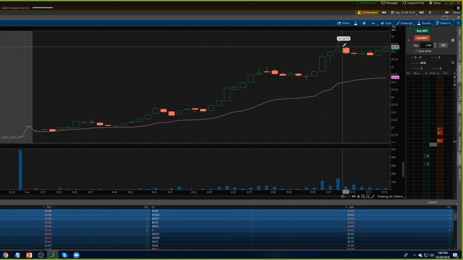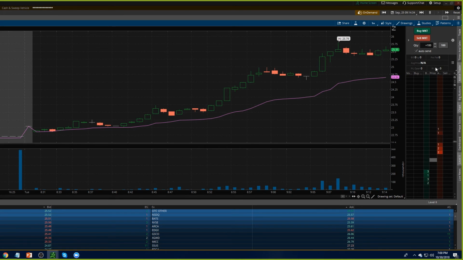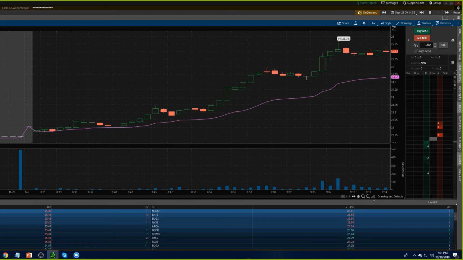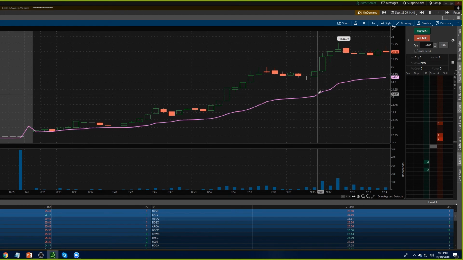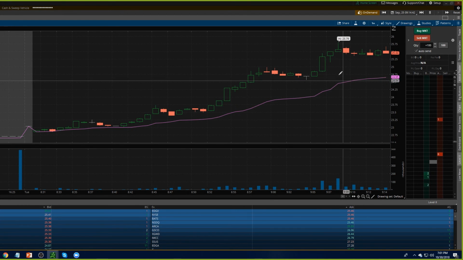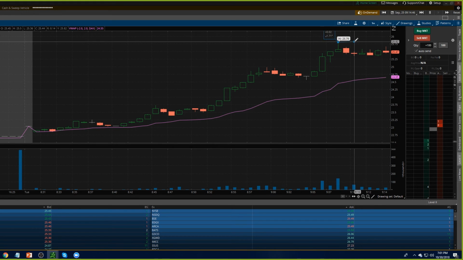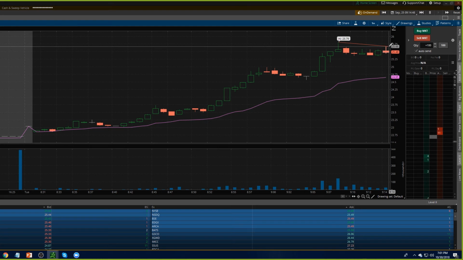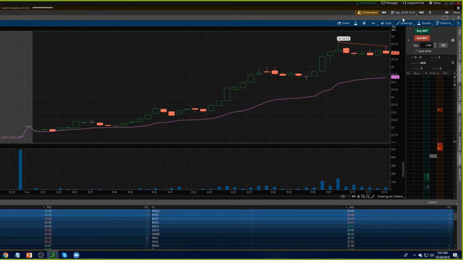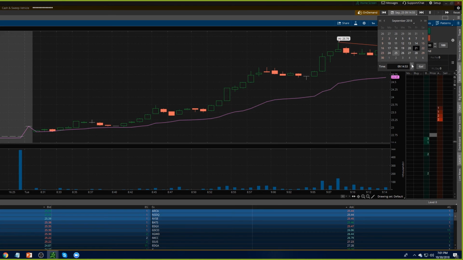So now once this stock rejects from there, you can start drawing your descending trend line from that 25.79 to connect to the high that you just got. There you go. You draw that trend line and you could extend it a little further, but let's go ahead and zoom forward a little bit. Let's get to